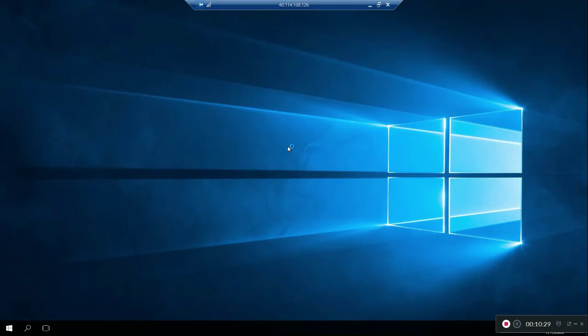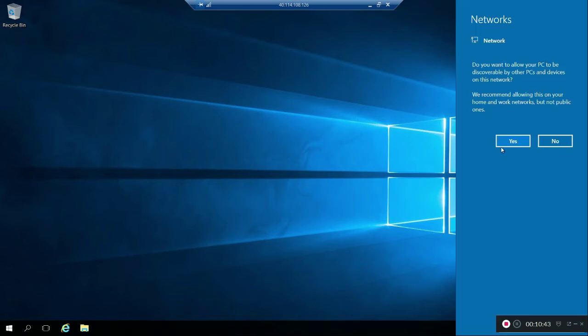We'll wait for a minute for the server to boot up. Yes, it's getting ready. We have successfully logged into the Windows virtual machine. So the first part of the lab is completed.